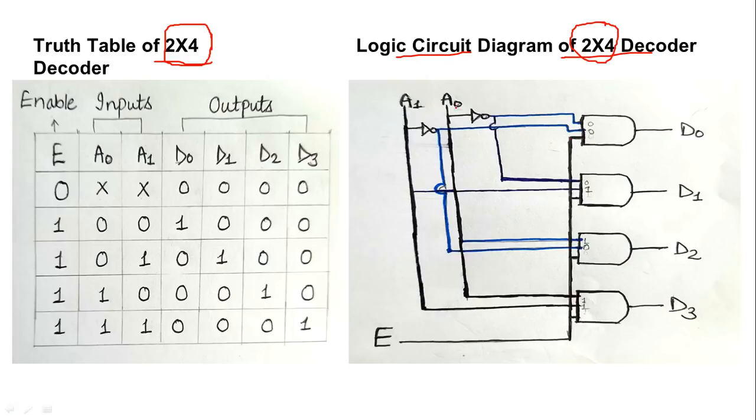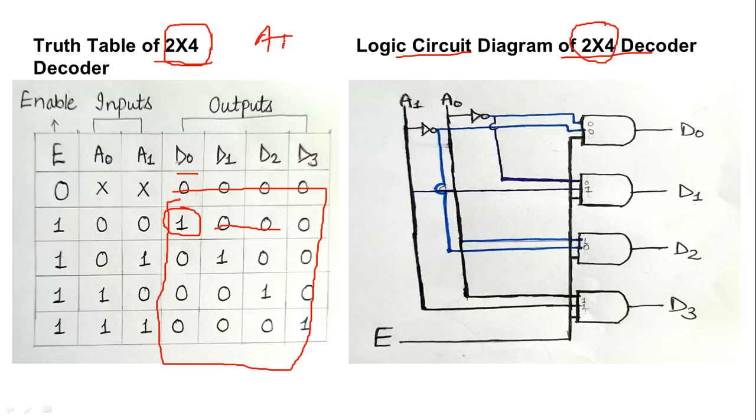First, I need to understand how I am able to get the output. At only a single instant of time, only one logic gate should function, and the rest should not be working. If you remember the AND gate, how does the AND function? For 0 0 it is going to give you 0 output. For 0 1 the output is again 0 in case of AND. For 1 0 again the output is 0. Only in case of 1 1 the output is going to be 1.